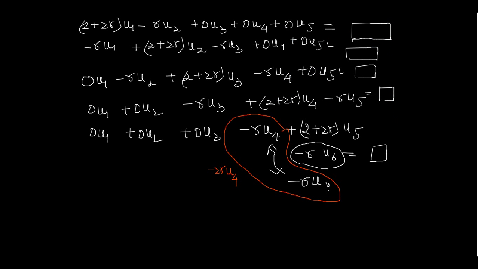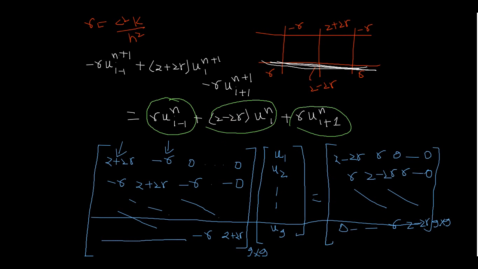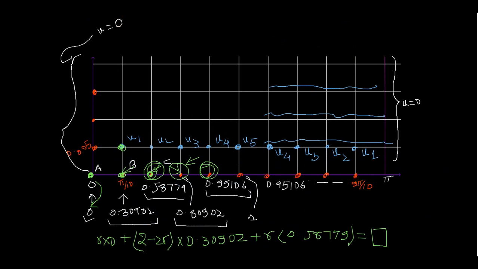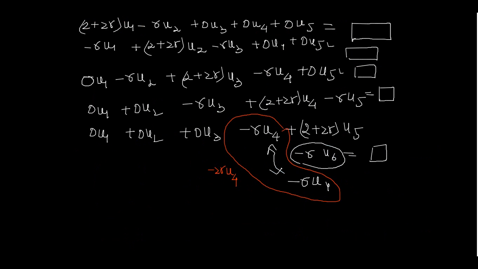A has changed to B and B has changed to C. So for the second, in place of A we put 0.30902, in place of B we put 0.58779, and in place of C we put 0.80902. So it will give 1.17